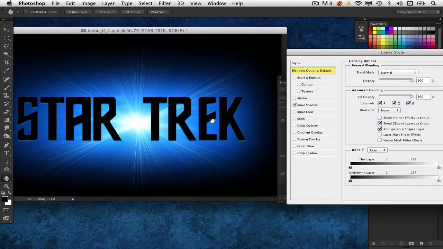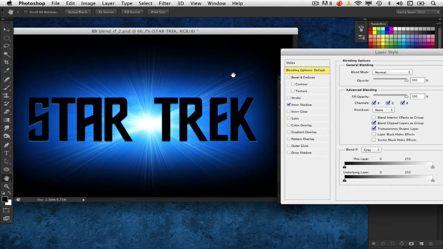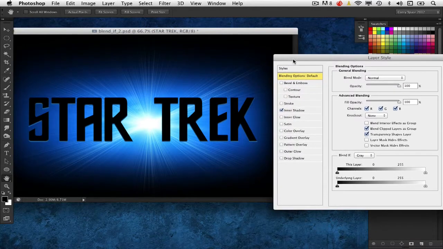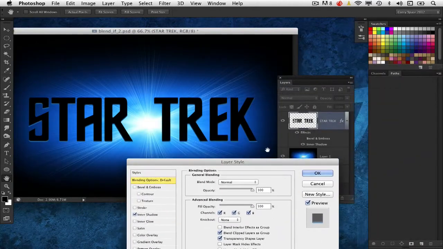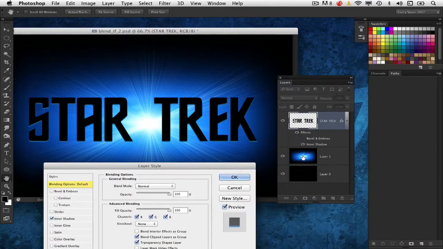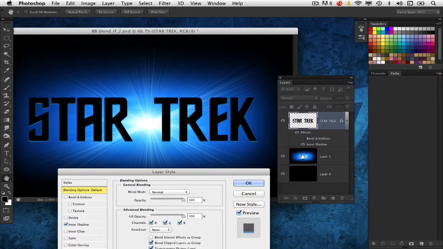For instance, here, I've got this graphic, and this is something I've used before in this demo. I've got this graphic of a starburst behind this text. Now the problem is, you can see in the layers panel, the burst is on a black background. It's a flat image, but I want the beams of light here to be in front of the text. Well, I could try different blend modes, and I certainly did try other blend modes, and they weren't really giving me what I wanted. And you'll notice the text layer is above that burst layer here.